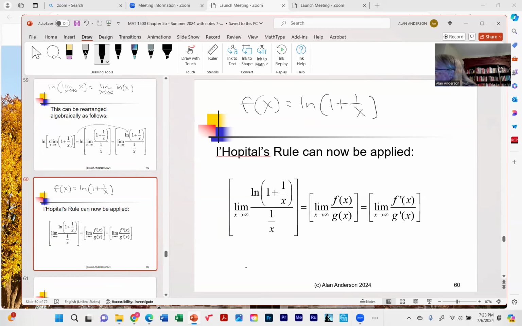And g of x would be 1 over x. Or, by the way, this can be written as 1 plus log of 1 plus x to the minus 1. So when you take the derivatives,